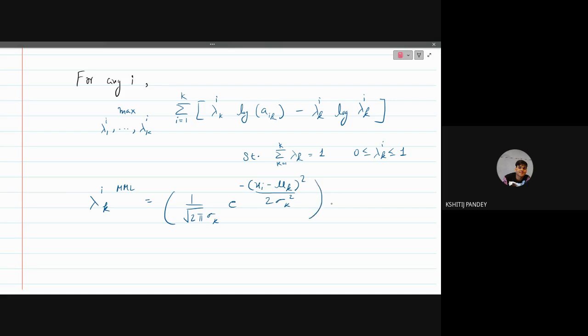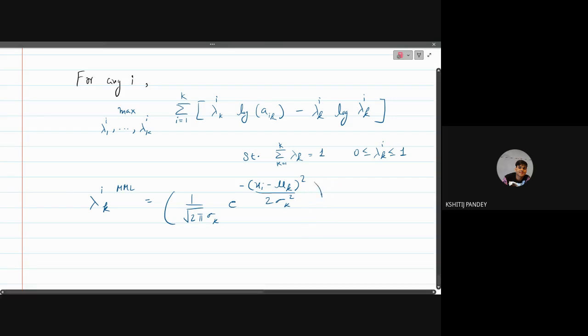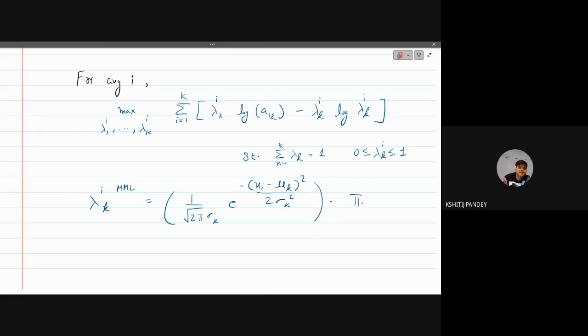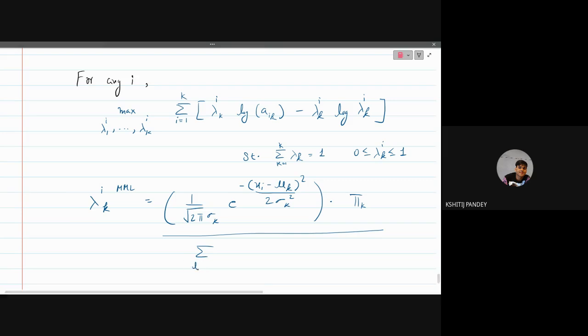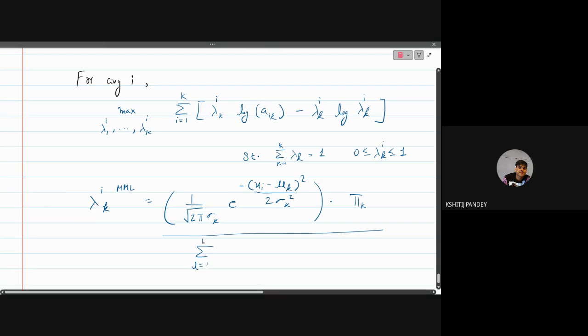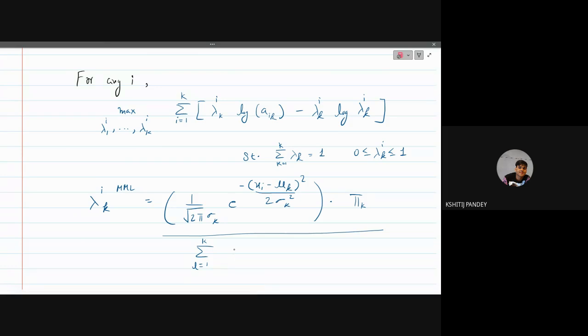This is the first term, and this is multiplied with pi k, and this is divided by summation, let's say not i, l equal to 1 to k, summation over 1 by root 2 pi sigma l, again e raised to the power minus (xi minus mu l)